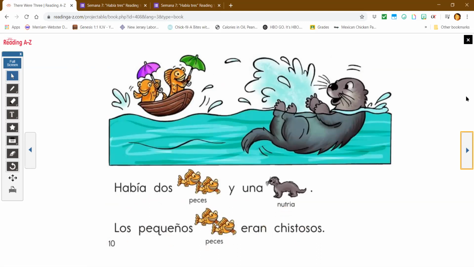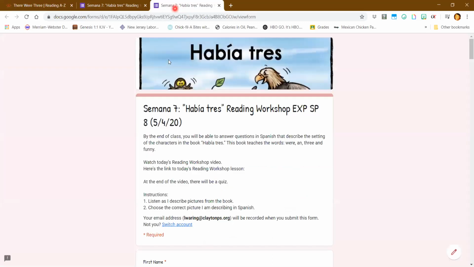Okay, so now let's go to the Google form. By the end of class, you will be able to answer questions in Spanish that describe the setting of the characters in the book Había tres. This book teaches the words were, and, 3, and funny.